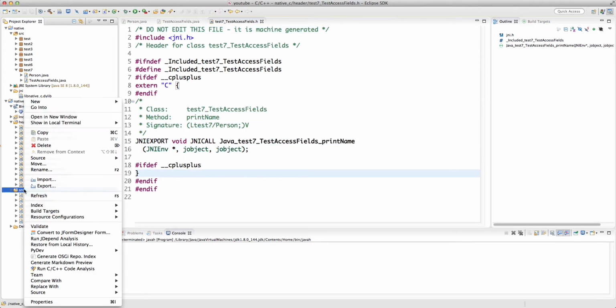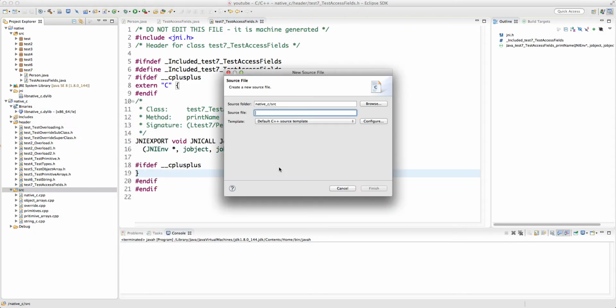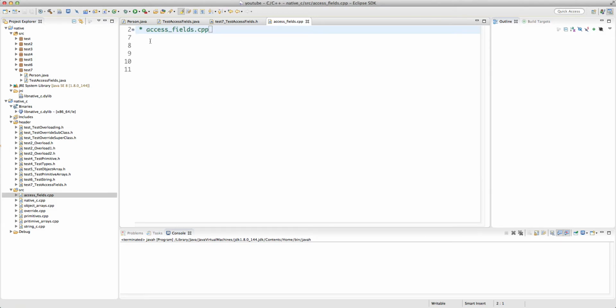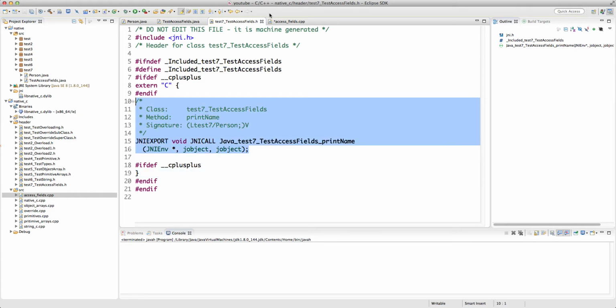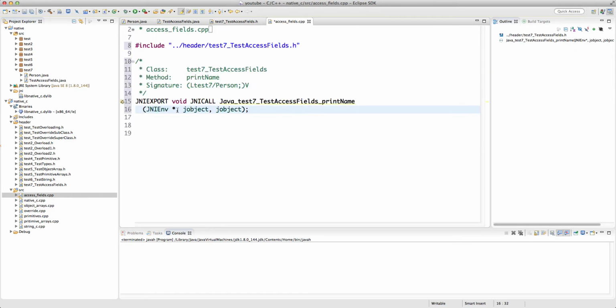And now we go to our src folder and create a source file. Let's call this basically access fields.cpp, and the first step is to include the header file, header and then test7. All right, and then from the header file we copy and paste this signature, and then the first